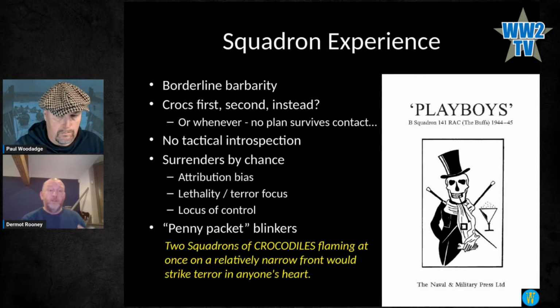Again, because of that organization, you would rock up and someone would say, set fire to that thing over there. And you set fire to that thing over there. And then you couldn't go any further because the road was blocked. And so you didn't see the whole battle. So they don't see where they're at. And that maneuverist idea that I spoke about earlier